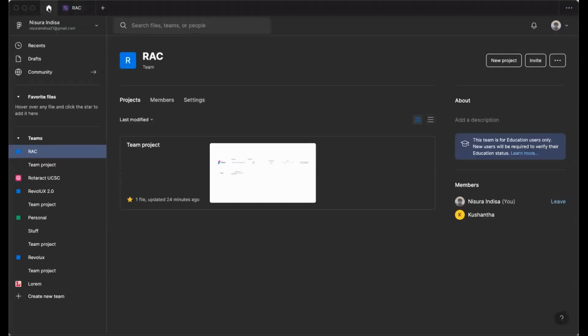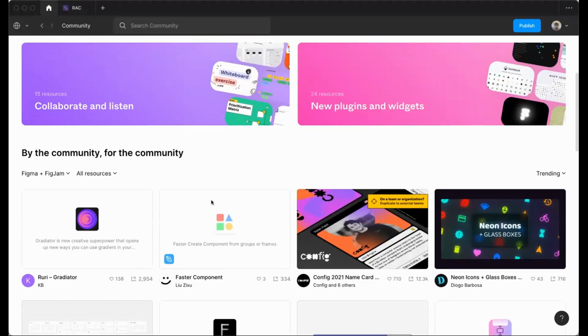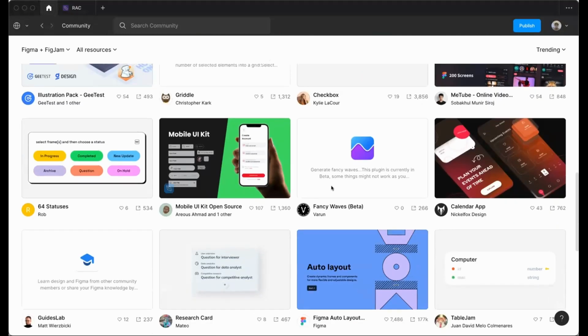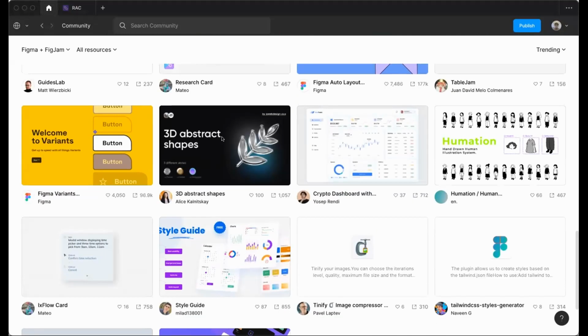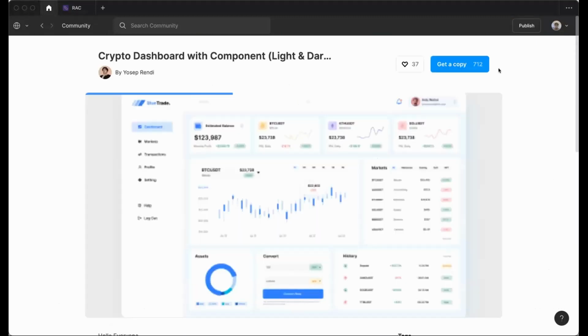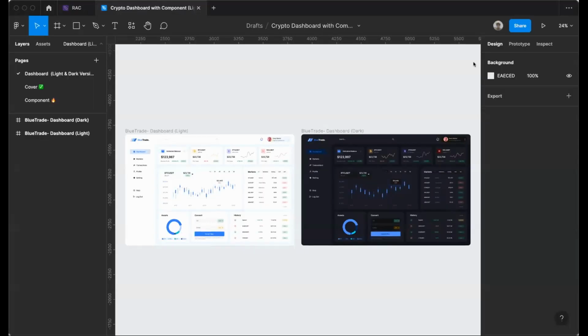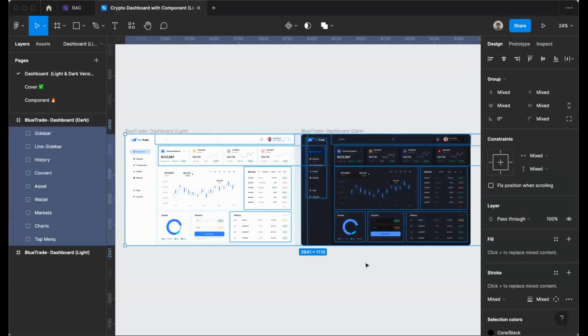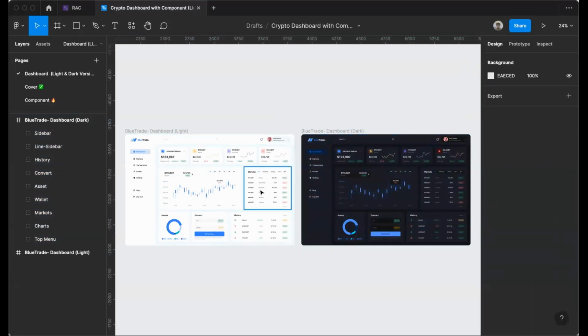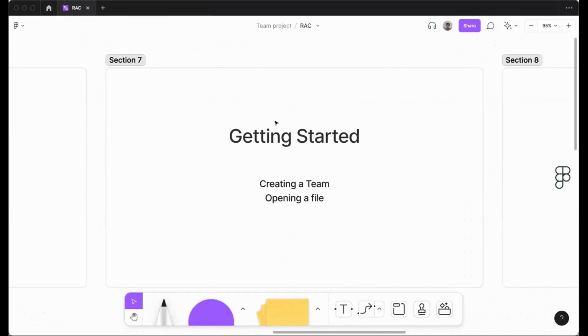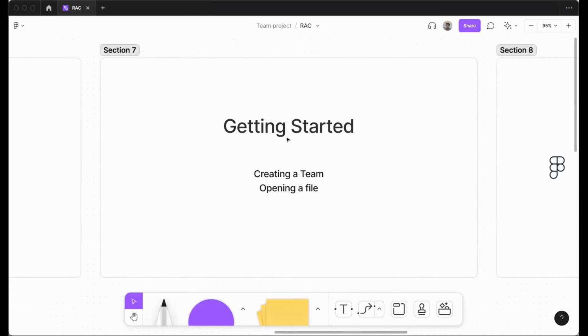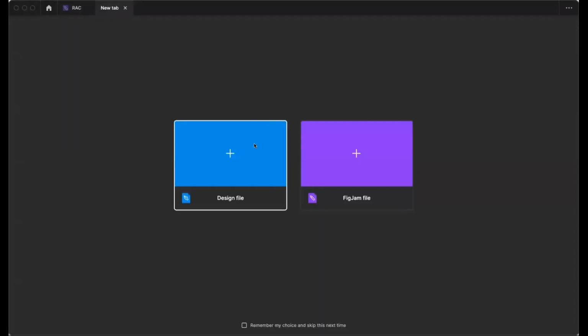As in, if you go to the homepage of Figma and go to the community, you can see tons of community work. You can go to one of these community projects and copy, and then it will get imported into your dashboard, and you can just copy and paste this stuff into your Figma project. So that's that. Getting started, you can just create a new file here and click design file,